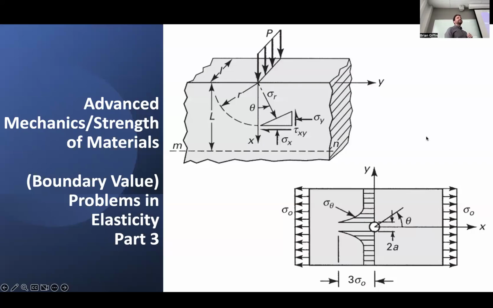All right, so let's continue our discussion of boundary value problems. And we're going to focus on a few interesting cases with a specific focus on understanding stress concentrations. Some exposure you may have had to this in the past. I don't know why I spoke like Yoda for that, but you may have seen this before, obviously, but we're